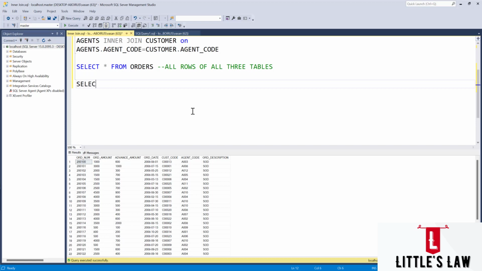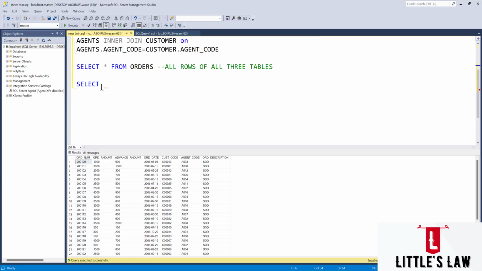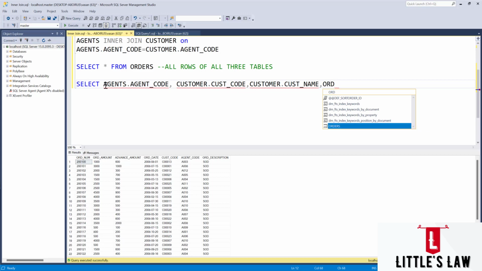So what I'm going to do now is select the same values which we have extracted previously, which is the agent code and customer name, and adding to it, I'm going to take the order number from the orders table, or the order amount, anything which we want. So I have just taken the order amount